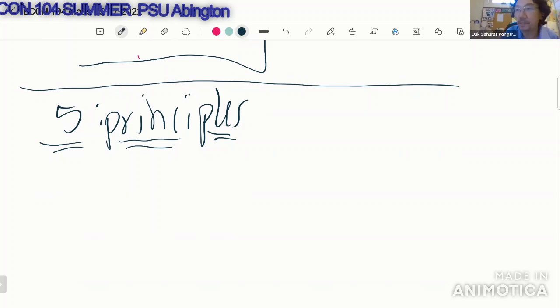It's very important to understand these 5 principles from the get-go. So I'll talk about one at a time, but probably not all 5 today. These 5 principles will tell you how to answer any social or economic questions that you may have moving forward. So principle 1,